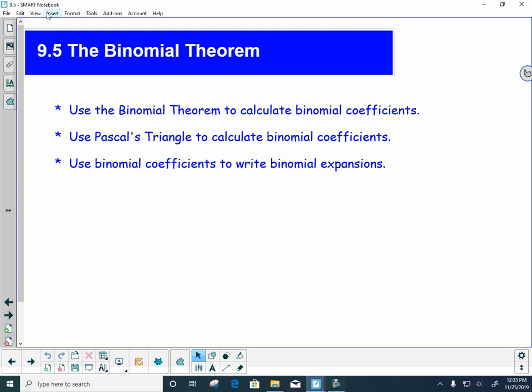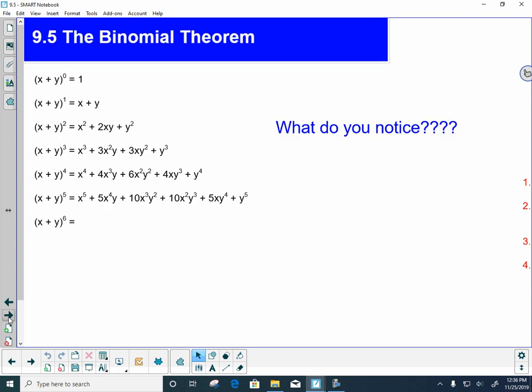Hi, this is Mrs. Ward, and I'm going to try and explain the binomial theorem today, which is in section 9.5. We're going to use the binomial theorem to calculate binomial coefficients. We're going to use Pascal's triangle to calculate binomial coefficients, and we're going to use binomial coefficients to write and expand binomials. So the first thing we have to do is, I just took a binomial, which means it has